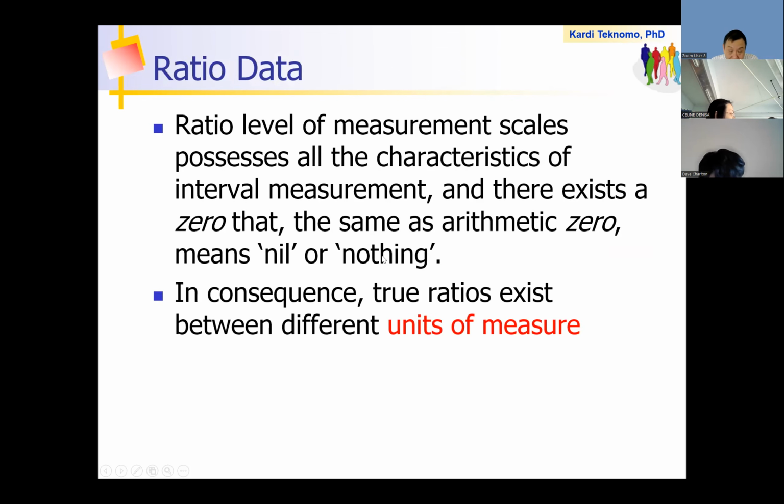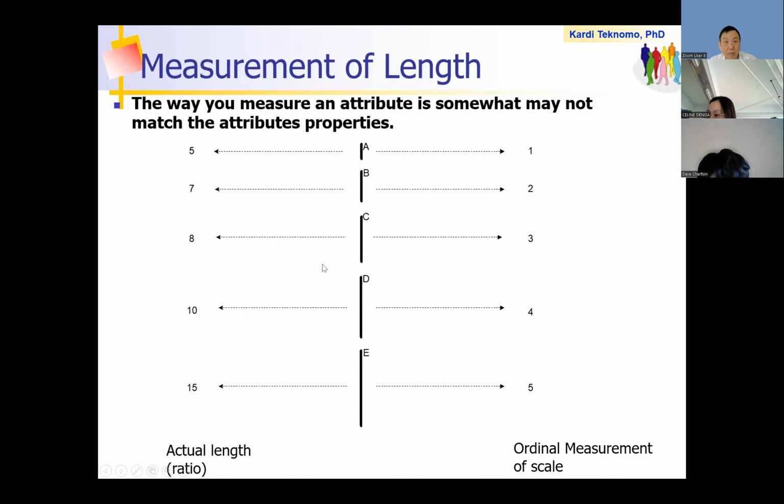The last but not least, and this is actually the highest, is the ratio level of measurement scale. This possesses all the characteristics of interval measurement, and there exists 0, so that 0 means nil or nothing. Consequently, true ratio exists between different unit measures. So you have unit of measurement. So I give you here,